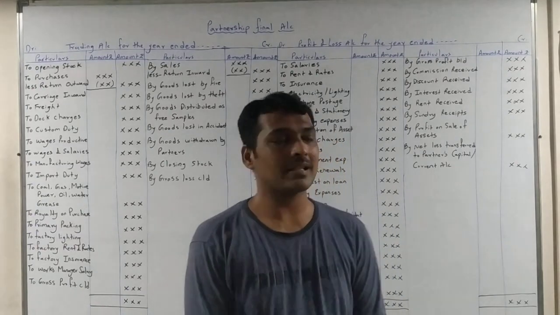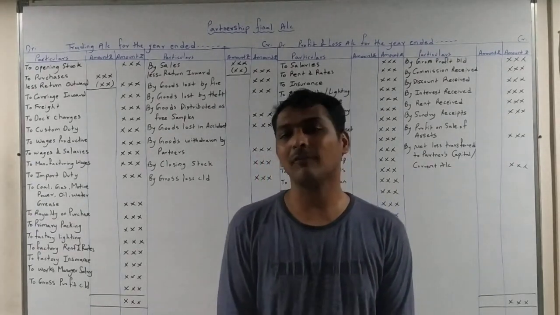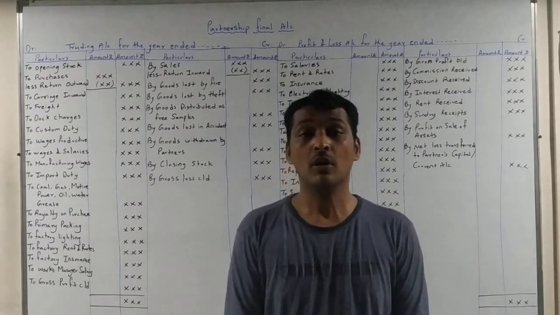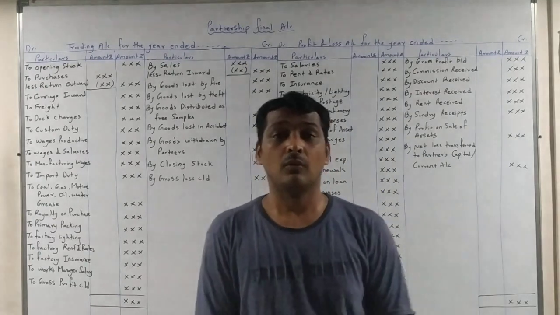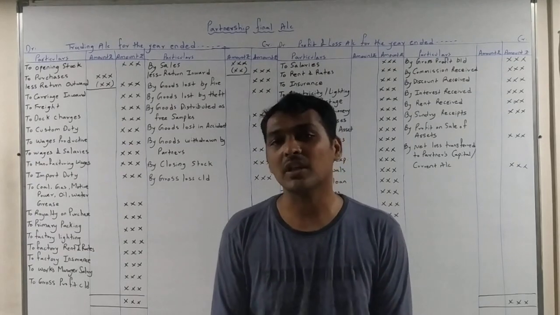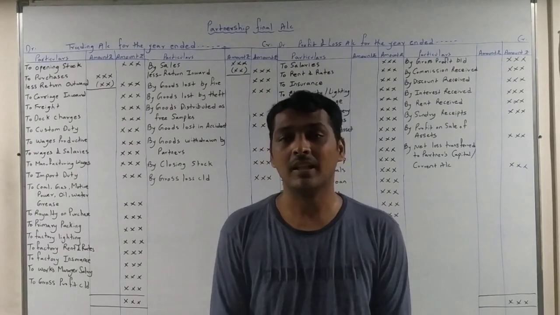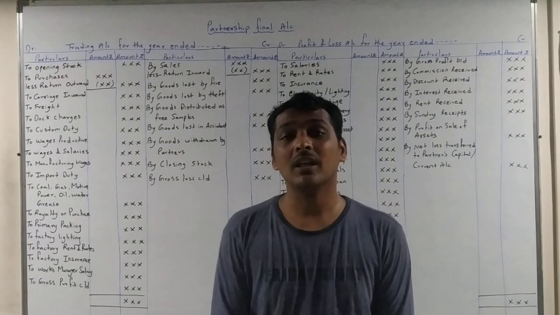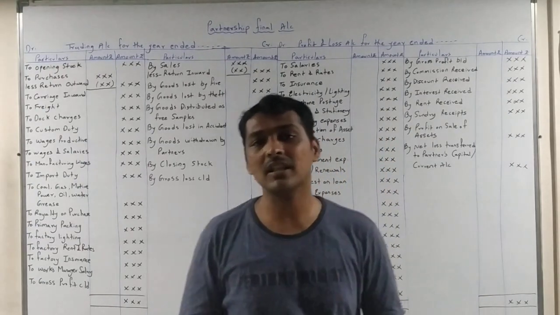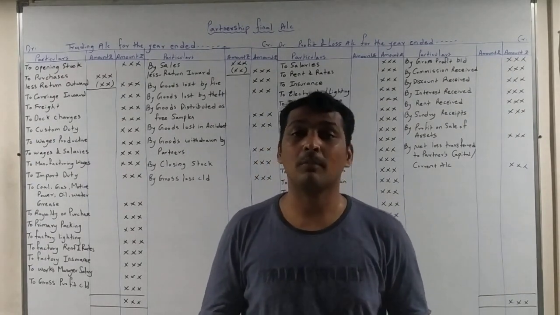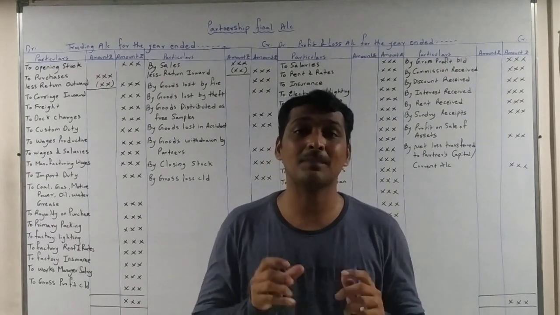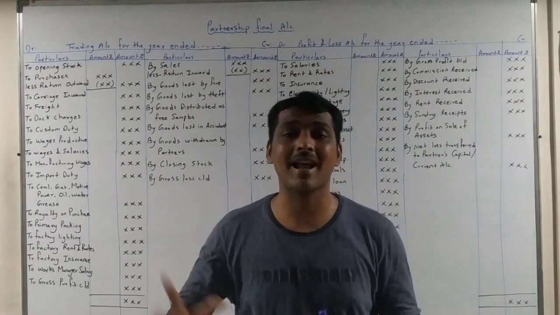So let us understand the format, but before understanding the format, we will see what is the process of accounting. So first of all, what we have to do is the transaction. When the transaction occurs in the business, we have to pass the journal entry in journals. Then after preparing the journals, we post the journal entries into the ledger account. Then after preparing the ledger account, we have to balance the ledger account, and once the ledgers are balanced, this balance amount is transferred to trial balance.